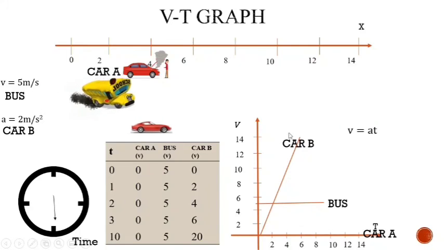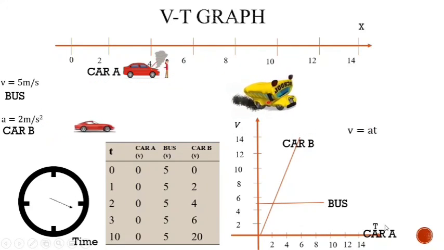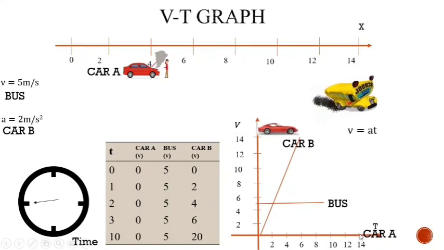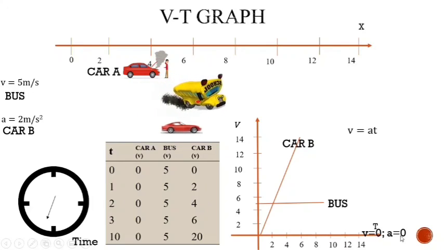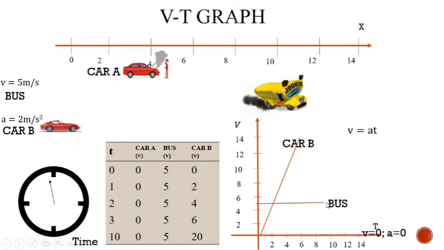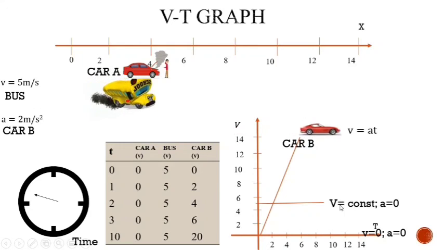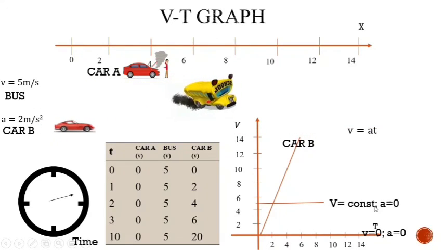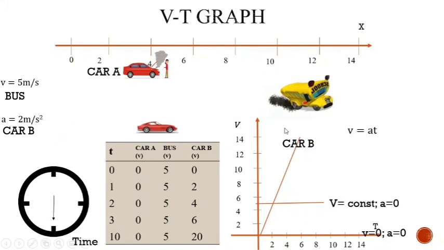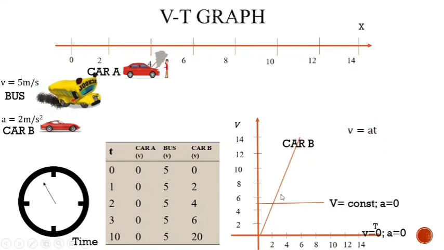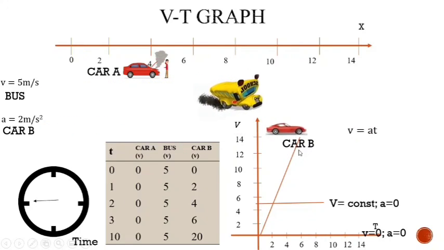So whatever may be the objects, we should understand what is the nature of the graph. For example, this x-axis indicates the velocity is 0 and acceleration is also 0. Any horizontal line indicates there is velocity which is constant. It has some value, but it is constant, and acceleration is 0. If the line is inclined on VT diagram, then we can say that it indicates the accelerated motion. Here velocity will have some change.